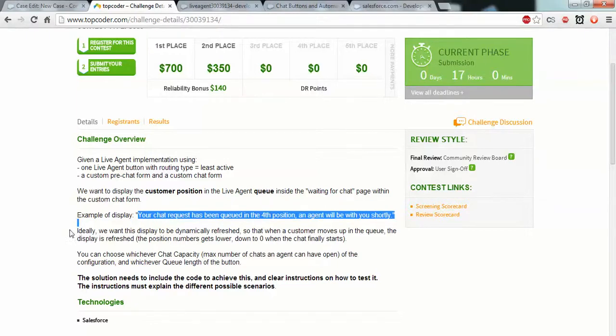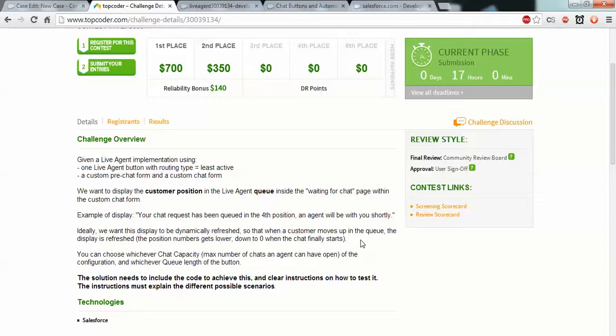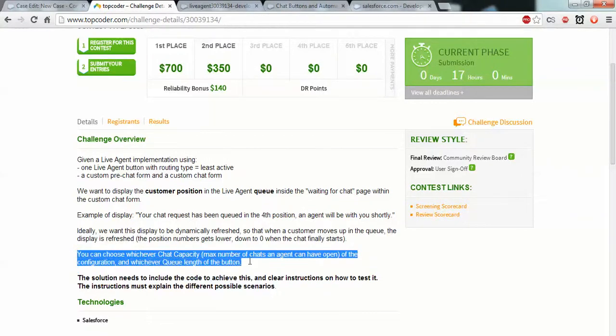So this is the main requirement. Once the chat request count is 0, it means the agent has capacity to accept, and the user will be connected shortly, not in any queue. You can choose whichever chat capacity; for this demo I have chosen a chat capacity of 2.